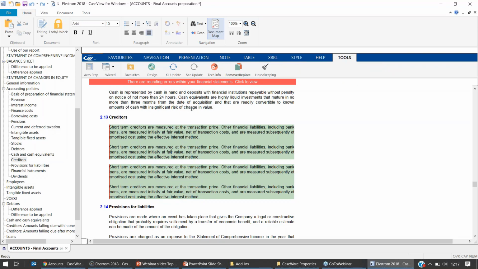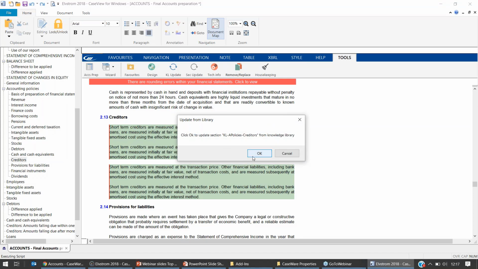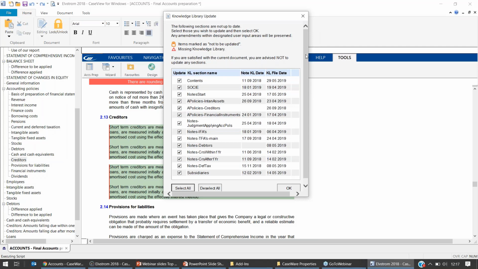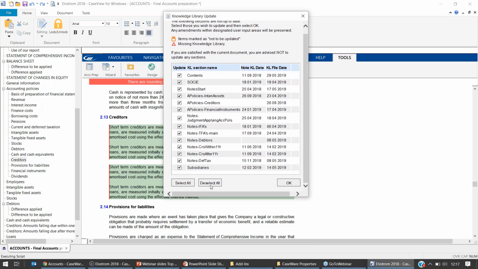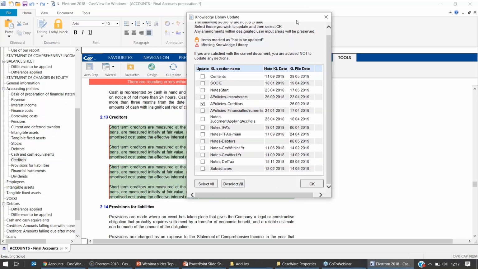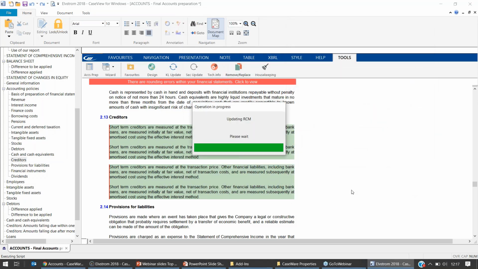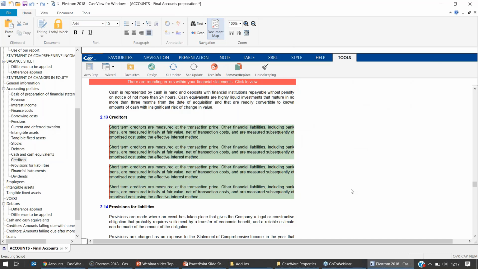I'm just going to click within the note and select section update. It's going to ask me to confirm that I want to update the knowledge library, so I'll select OK. And then you have all those knowledge libraries we saw earlier, so I'm just going to deselect those, and I'm going to select just the accounting policy for creditors. As and when I select OK, it's going to take a moment or two to update the text,